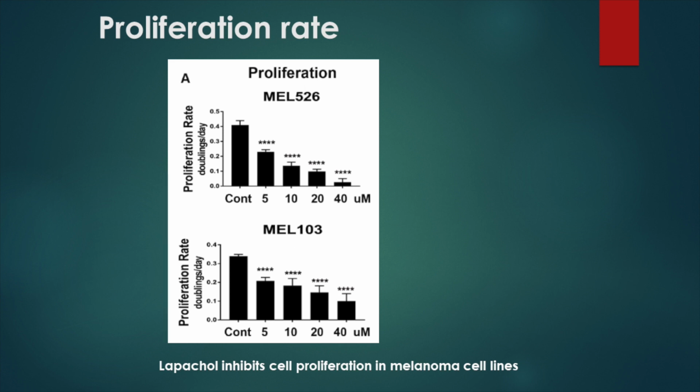Here what we have plotted as a graph is the basal as well as the maximal ECAR, or the extracellular acidification rate, that is measured in the Seahorse instrument. As you can see, when you increase the dose of Lapacol that is treated, there is a gradual decrease in the extracellular acidification rate. So from this what we can see is that the Lapacol, which is the drug that we gave, is able to block the glycolysis in a dose dependent manner. That is, when you increase the dose of the Lapacol, there is a decrease in the extracellular acidification rate. So that is the first measure of inhibition of glycolysis.